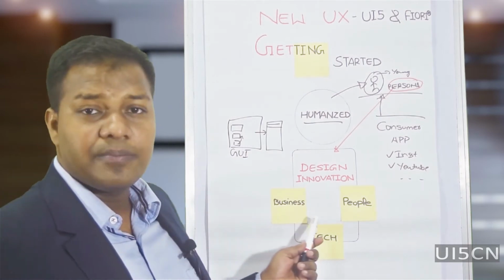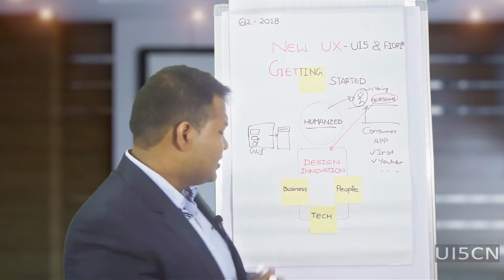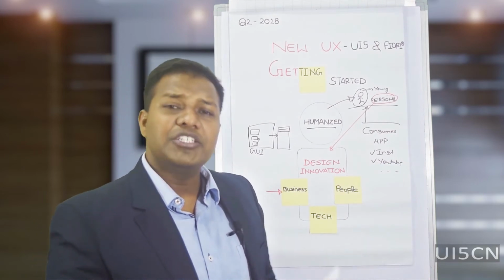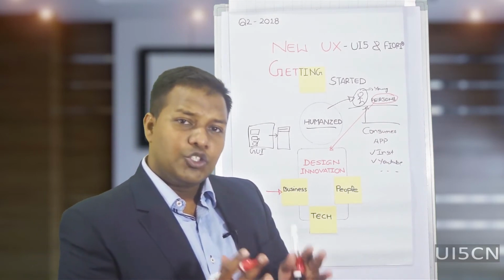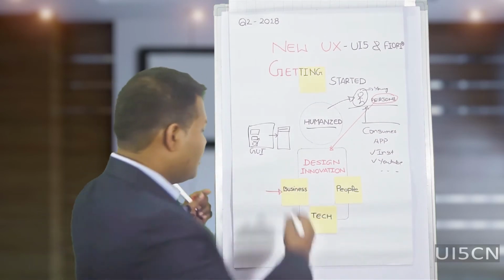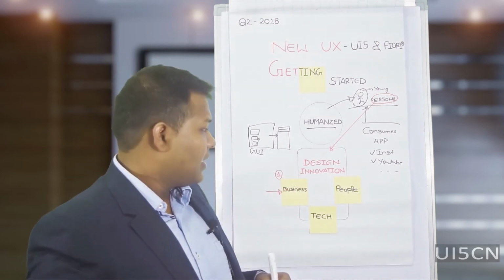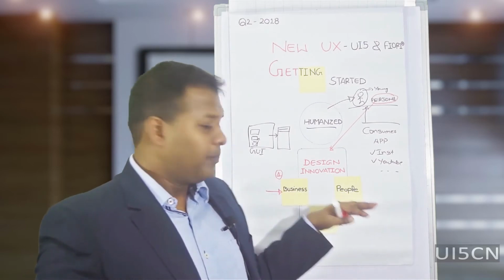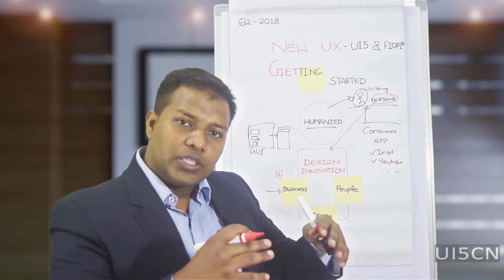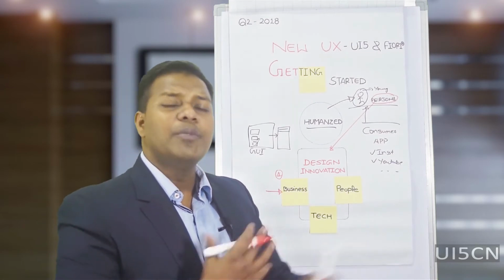The first factor is that it meets the business purpose. If the application doesn't perform the business use case, then it is of no use. So your application should fundamentally meet the criteria of doing business, because we are talking about enterprise applications. It should be fundamentally effective in terms of business. Then the second thing is people. The people we talk about are the persona; it should really be designed for those people, understanding what circumstances they work in and how they will be using the application.